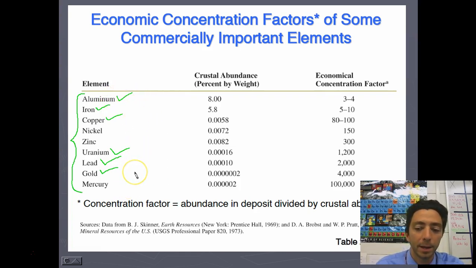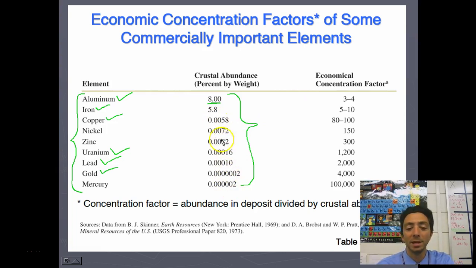These all have to be mined out of the ground, extracted from rocks, and we'll go over the smelting process in a later video. But all these elements are essential, and this is kind of how much they make up of the Earth's crust by weight. And so you can see they don't make up a very large portion. Aluminum is the biggest of these minerals, and it's only 8% by weight. So there's not a very large amount of these in the Earth's crust, but they can be found in varying concentrations.